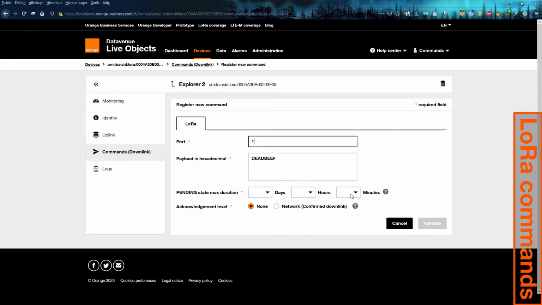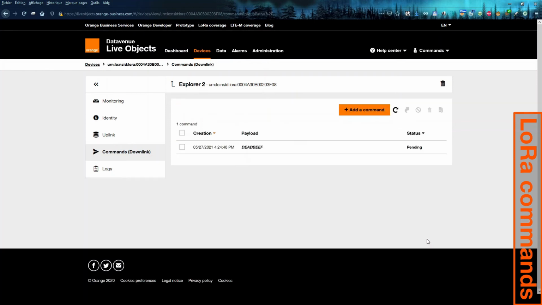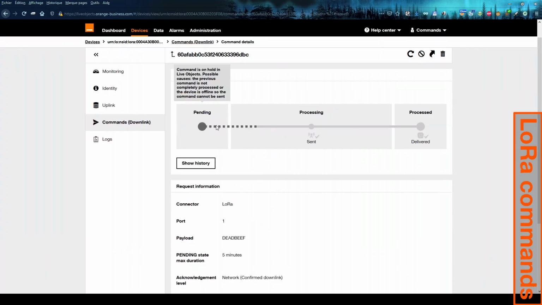Enter the port according to your device specification, some expiry time, and an acknowledgement again if you want no acknowledgement, or if you want a confirmed downlink sent to the device. Let's validate that. So my deadbeef is pending, meaning it's actually in the core LoRa network, waiting to be sent to the device as soon as the device will send an uplink.